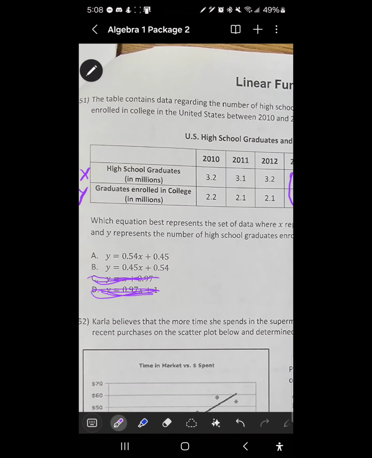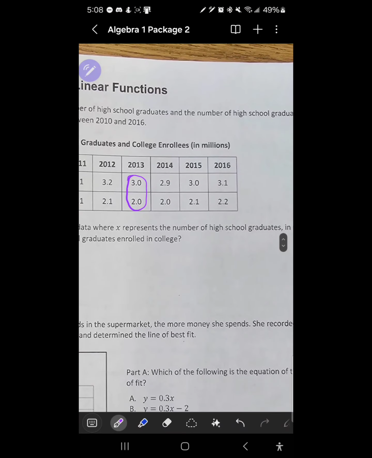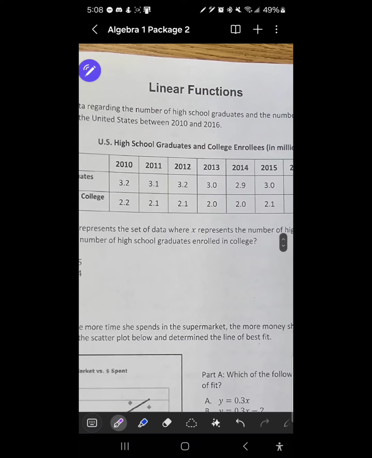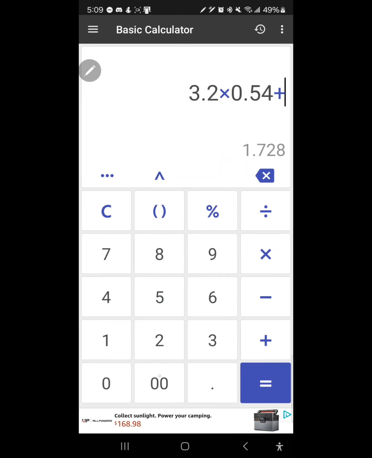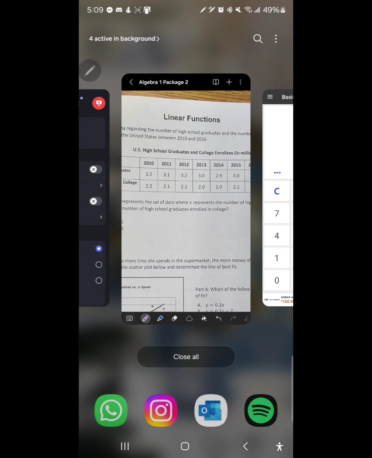Both are actually really close, so I'm gonna take another point. 3.2 and 2.1. So we'll say 3.2 times 0.54 plus 0.45. This is 2.2